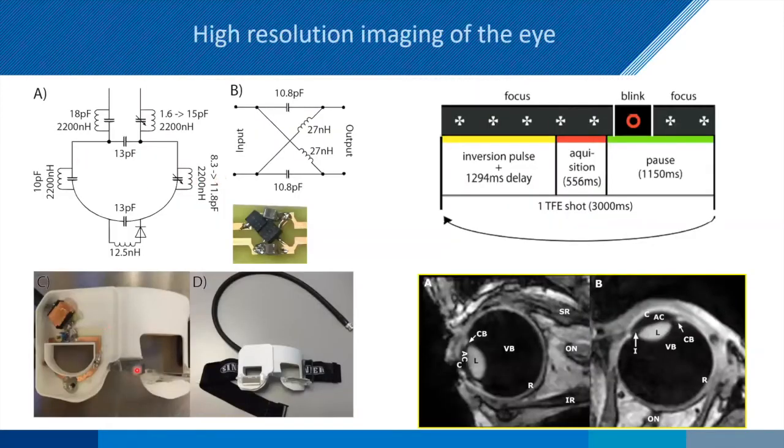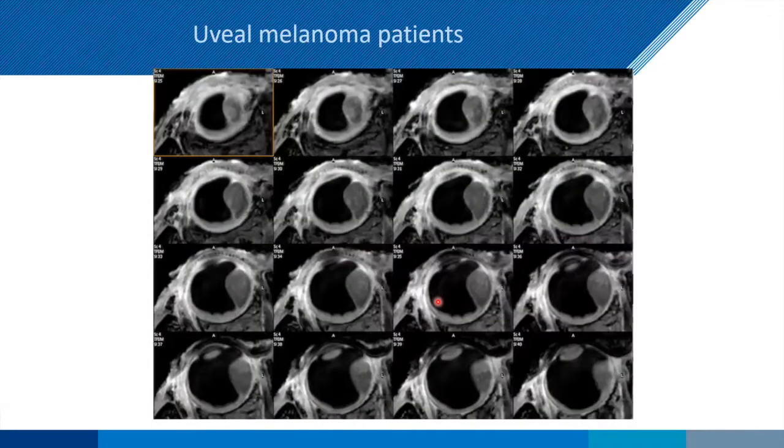you build your own coil, right? So you have to, again, go through all the safety checks, things like this. So here's an eye coil over here. We're going to have to scan for a couple of minutes, which means the patient's going to blink. We can't afford to have any motion there because we're going to be looking at small tumor volumes. So we have what's called a cued blink protocol. So we acquire part of k-space, then the patient blinks, then we go ahead and continue. And so this is all work done by Jan Willem Beenakker in our group.